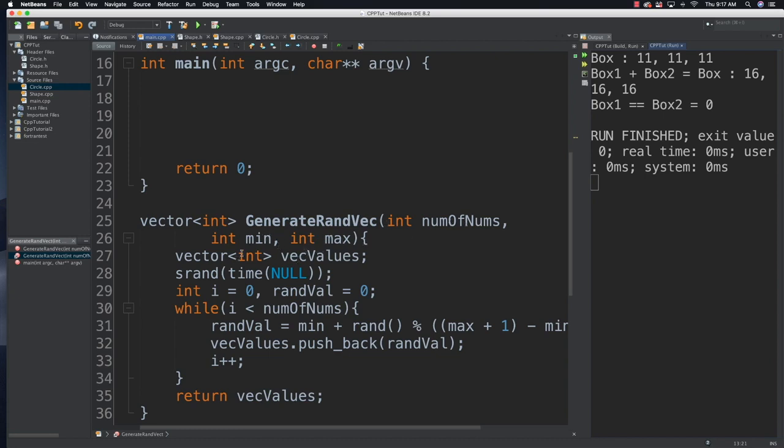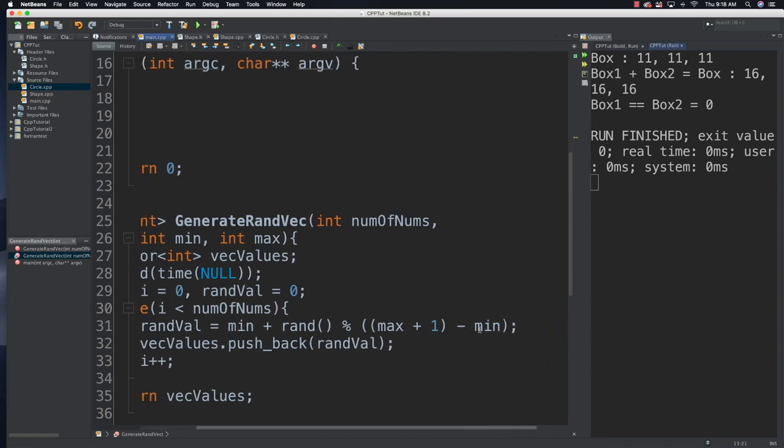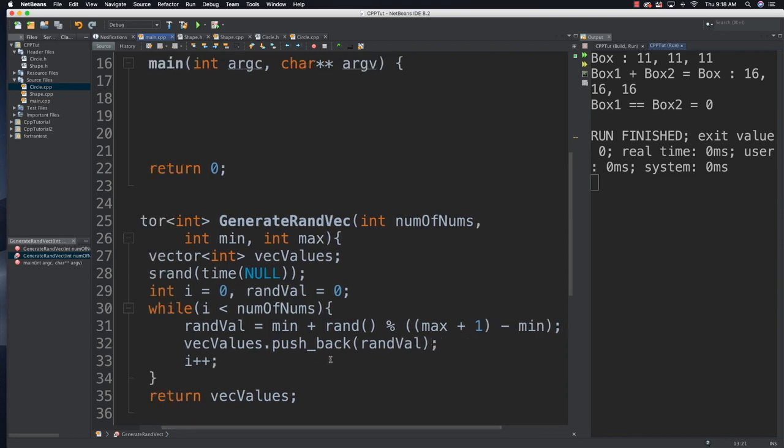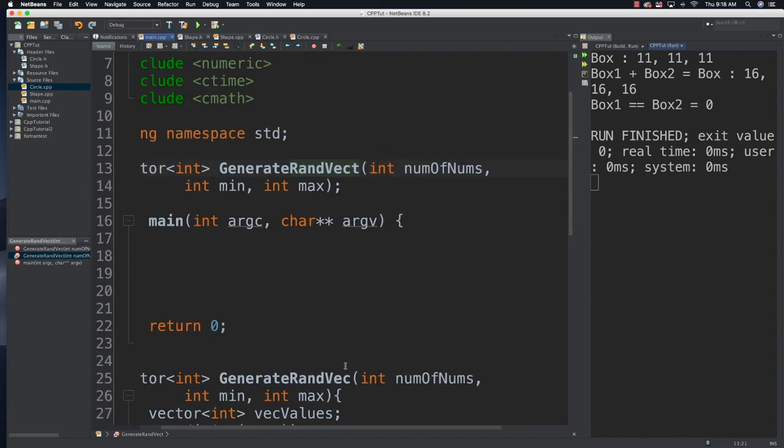We create a vector to hold all those. We're going to use the time function to generate a seed so we can get random values. We generate the random values by adding the minimum to whatever the random is, the maximum plus 1 minus the minimum, and then we push all those random values onto our vector. All right, so I just wanted to briefly cover what I previously covered before I get into lambda expressions,